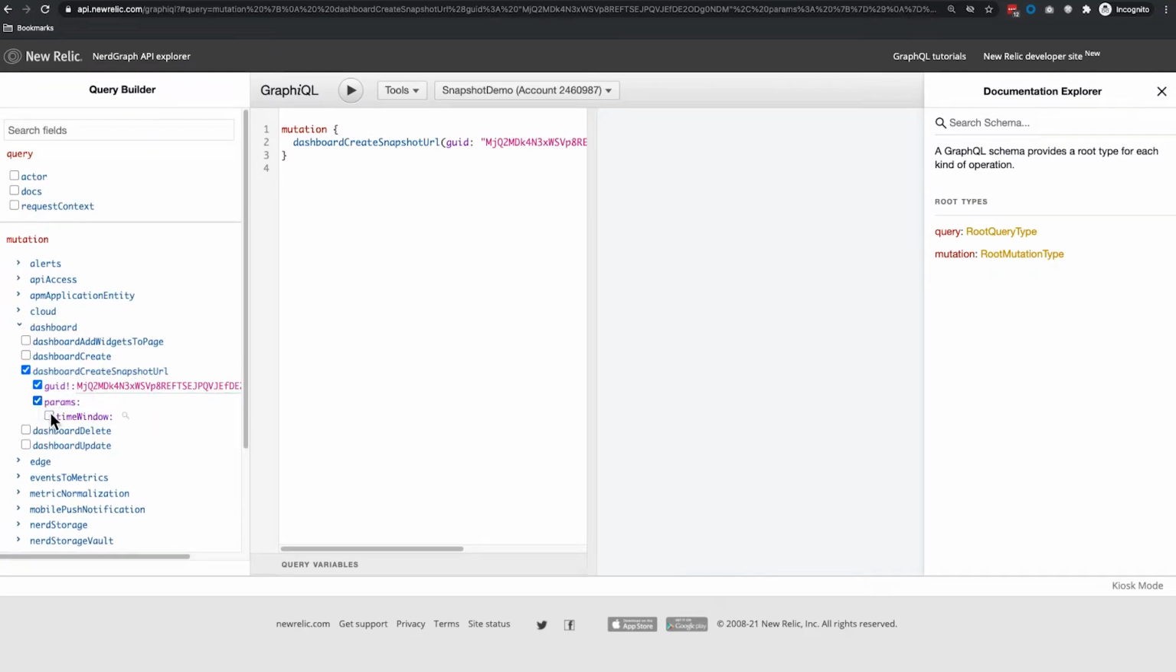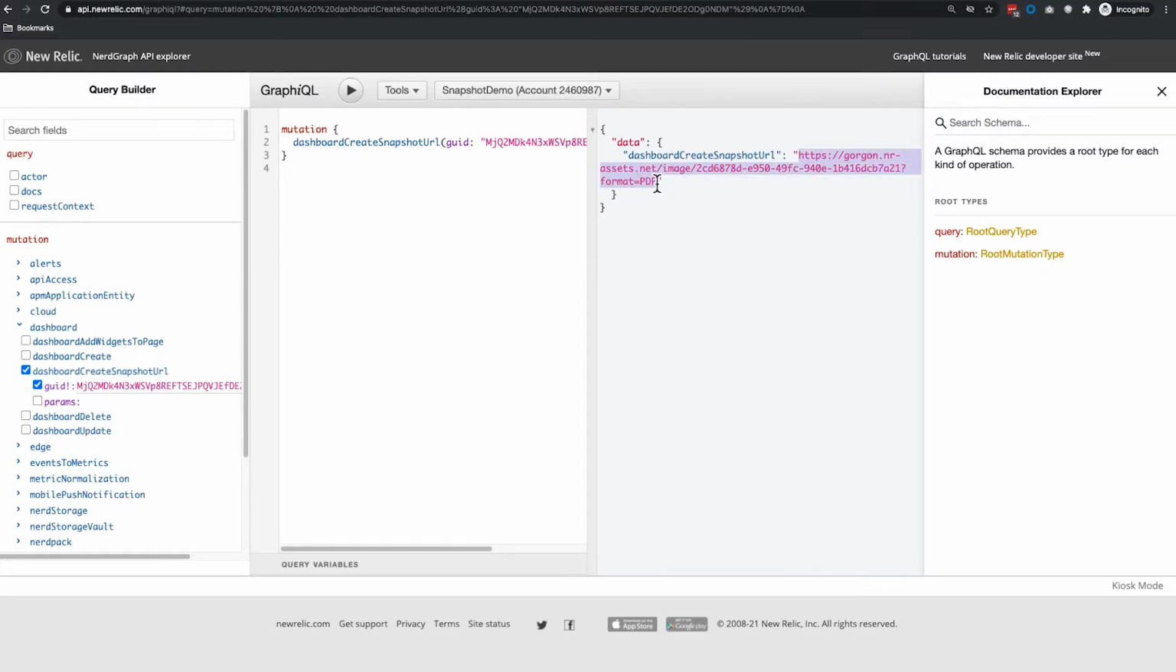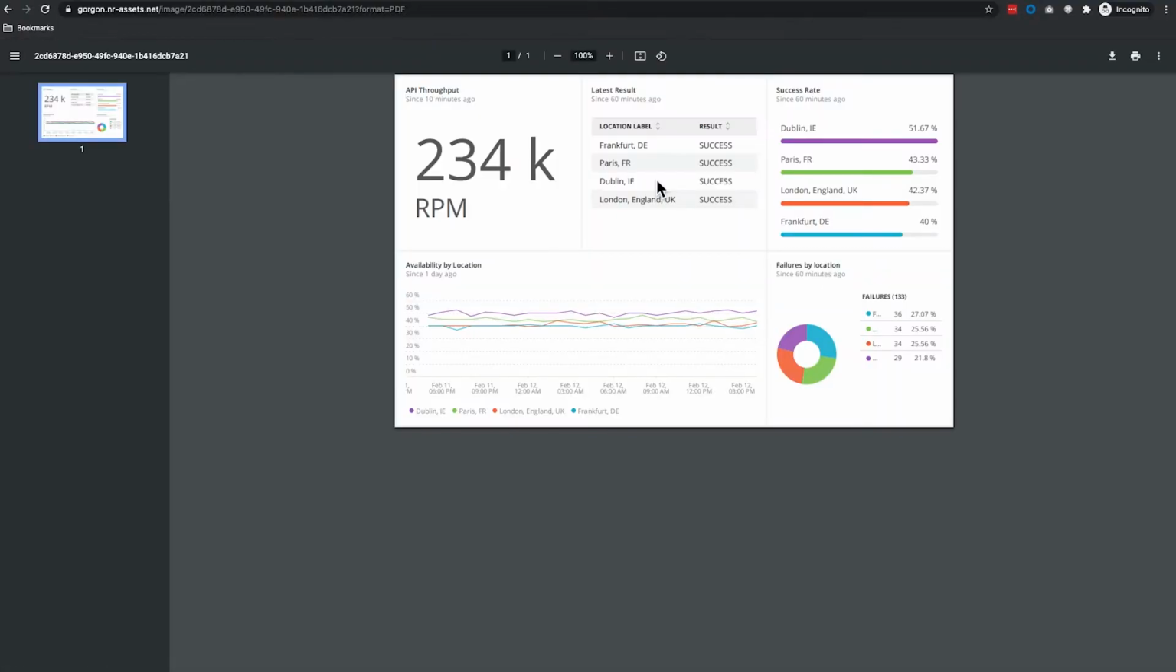And if I wanted to, I could specify the time period that the dashboard is filtered to, but I'm not going to do that in this case. So this is it. This is our simple mutation. And when you click the play button, it will go and get the link to the dashboard. So here we are. If I put that in the browser, you can see that we get a PDF of